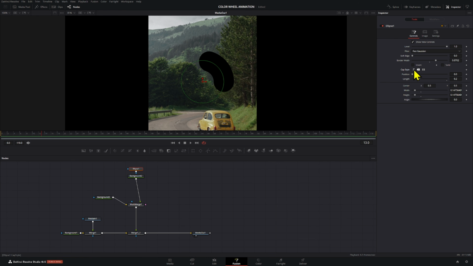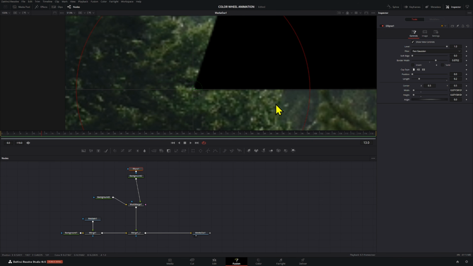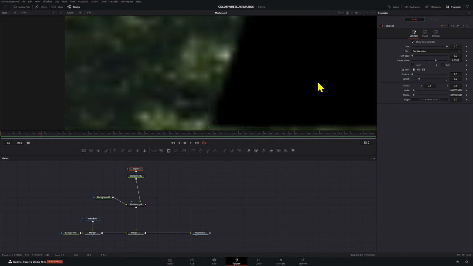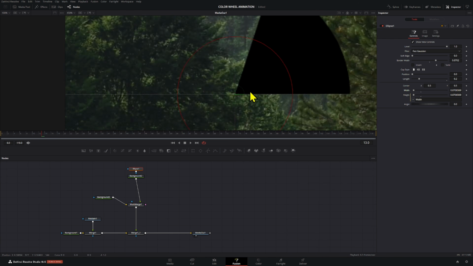We're gonna cut these right here, so change the cap style so that it's flat, and then we can make these a little bit smaller so that it reaches the inside border of our circle, right to the middle section right here. To make it easier, you can also go to the expression section right here and connect that to the width. That way you can just adjust it manually on the Inspector tab if you don't want to use this area right here.